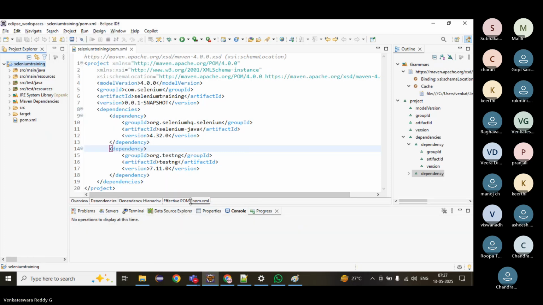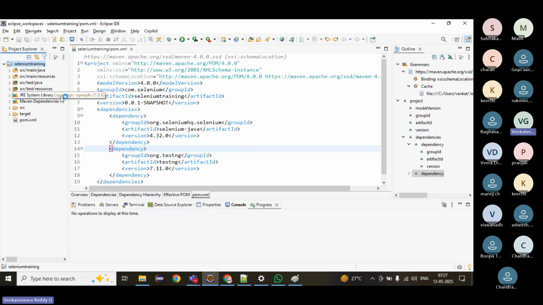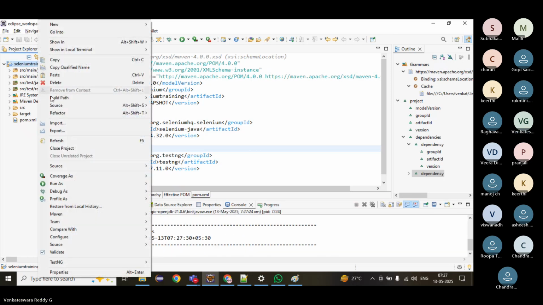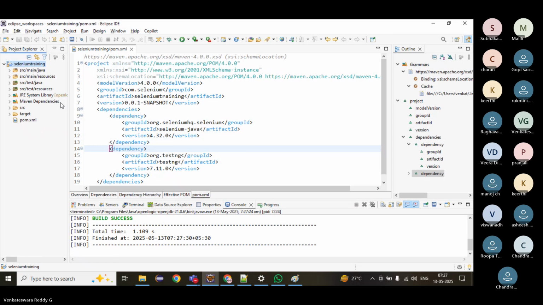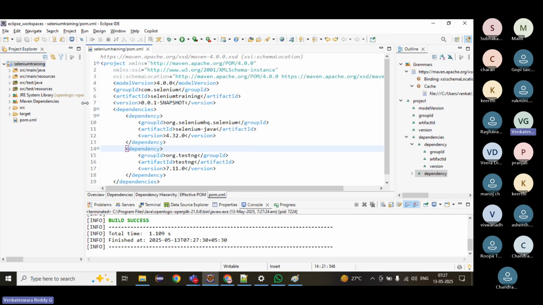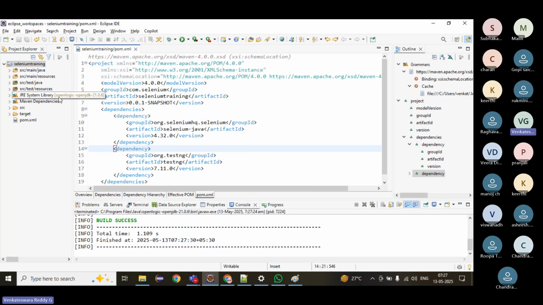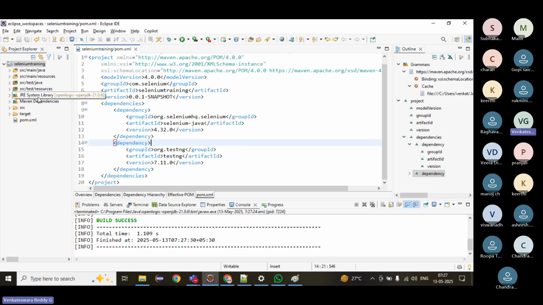Suppose sometimes what will happen again? It will point to 1.8. Right now it is fine, but sometimes it will point to the default JDK again. To avoid that, to make sure it always points to 21 only,